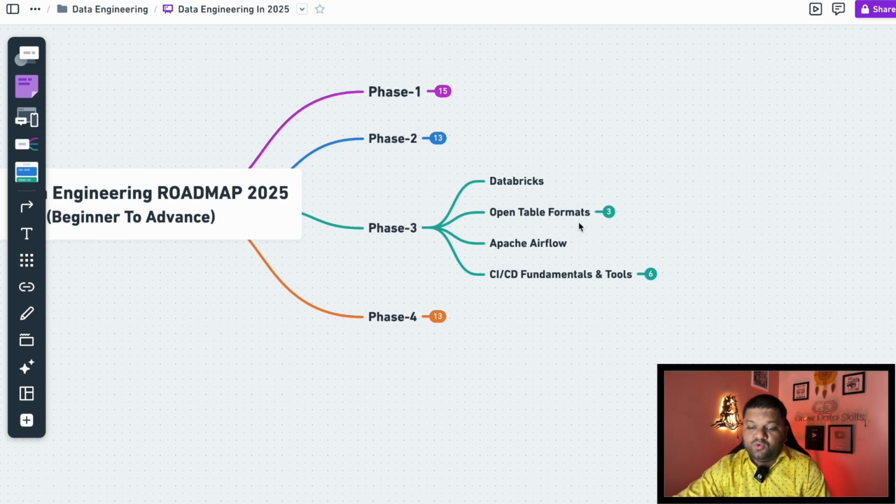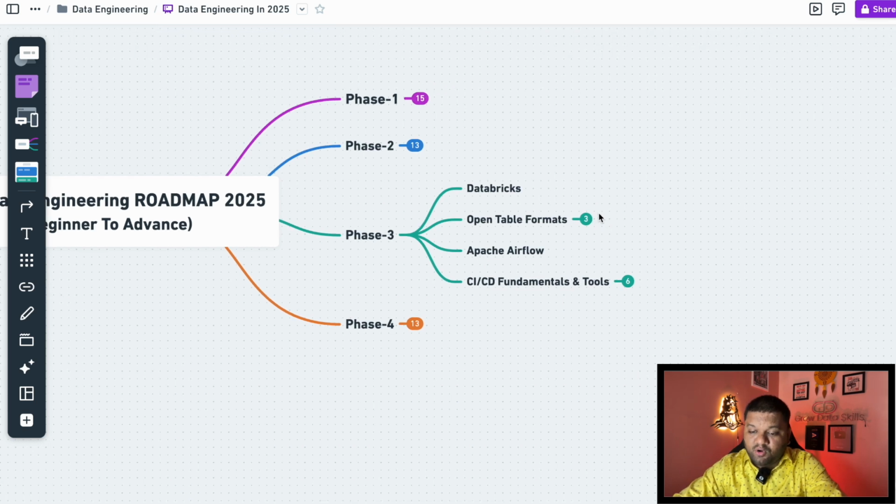And then coming to this part, which is going to be really helpful mostly in the modern architecture and the lakehouse sort of concepts. So open table formats are very important in your data pipeline architectures.